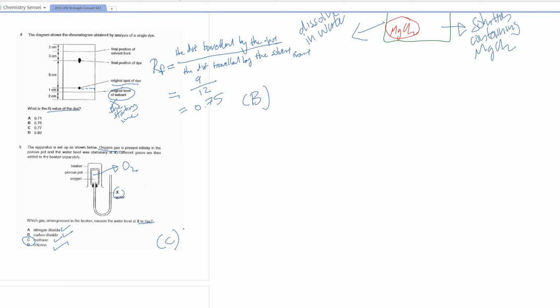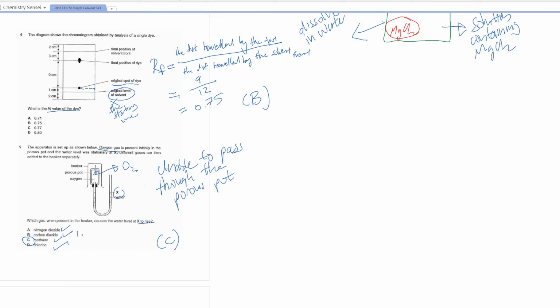We are unable to use other gases because they are relatively bigger than oxygen gas, hence they are unable to pass through the porous pot. Only methane is able to pass through the porous pot